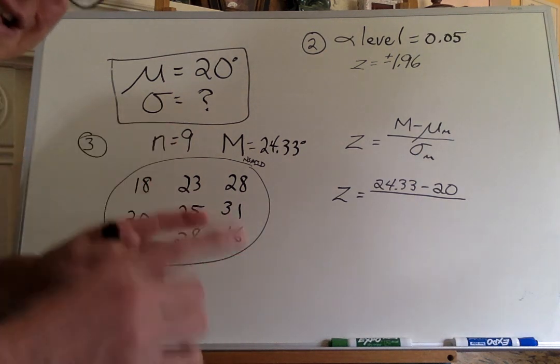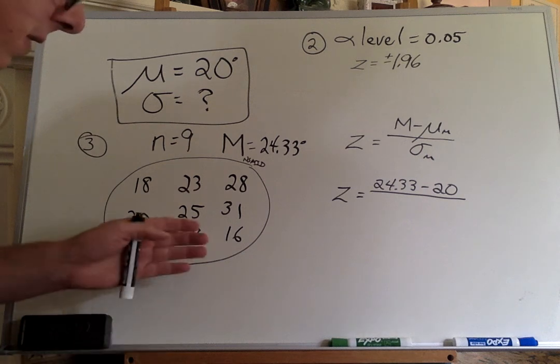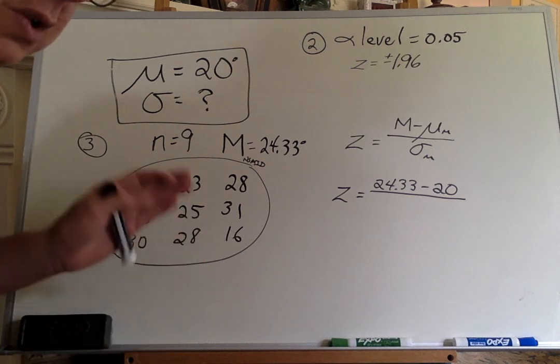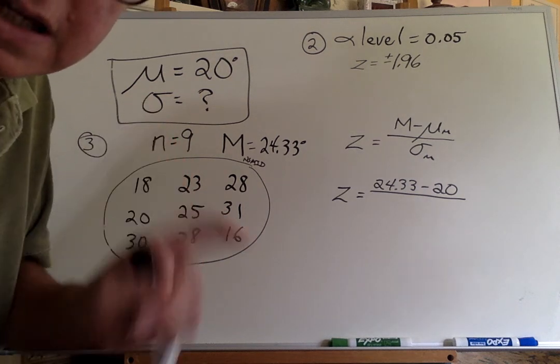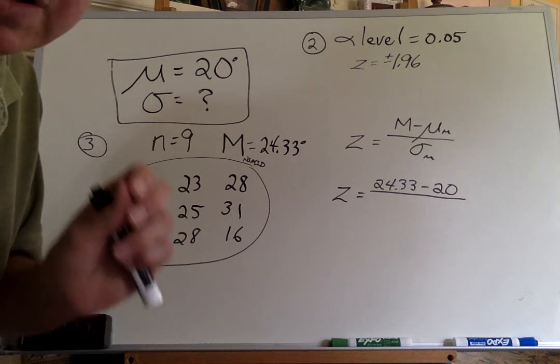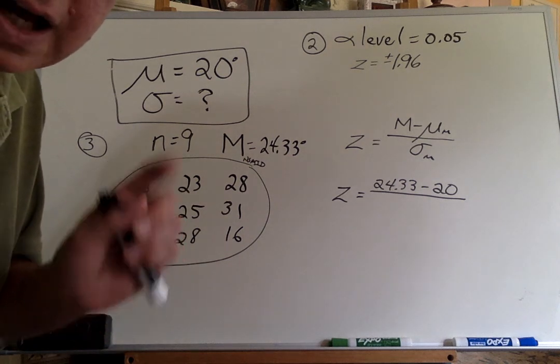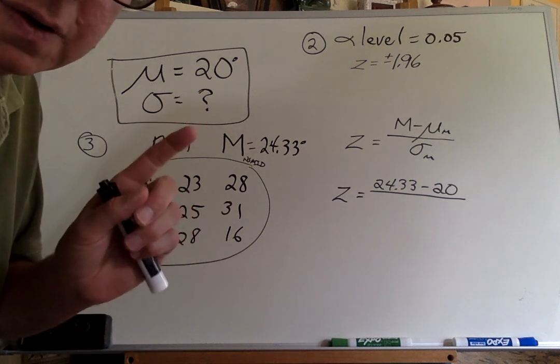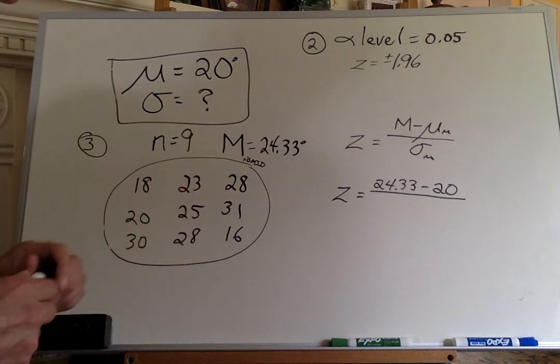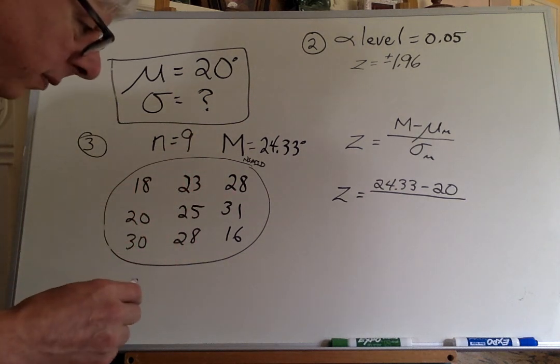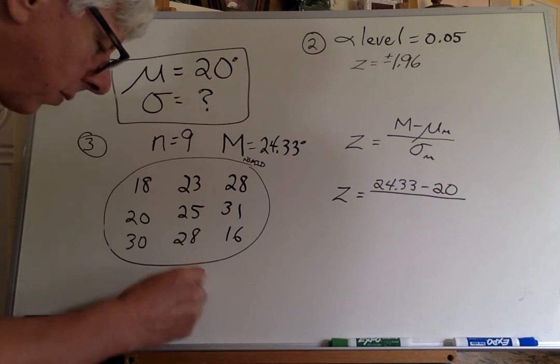But even if there is a treatment, even if this comes from a different population, we're assuming that the mean of that population is different, but the variability is the same. Aha. So that's a good thing. So now what we need to do is find the sum of squares